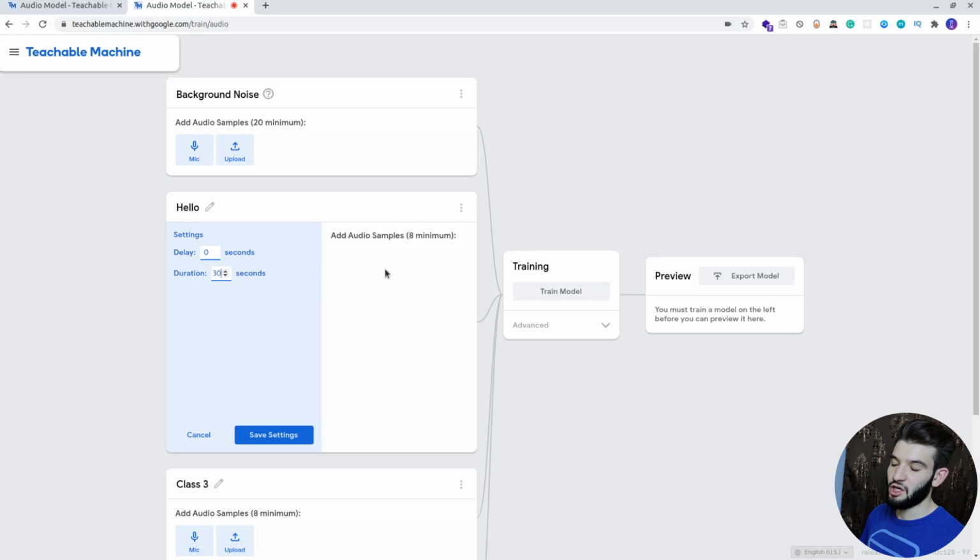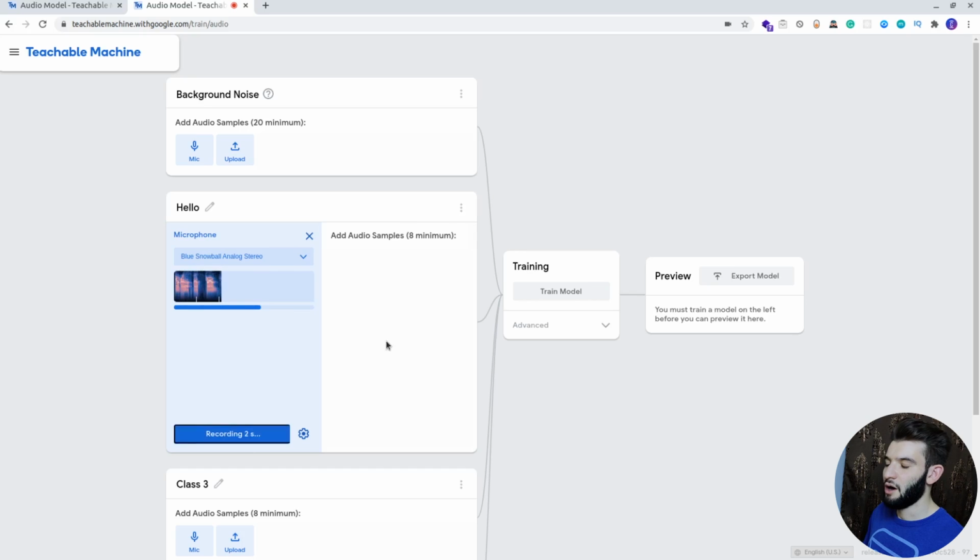So you can choose. I chose 30 seconds for all the models I've trained to get more accurate predictions, but you can choose as many as you want. Let's choose just demo settings. I'm going to use 10 seconds, start recording, and you can say hello, hi, hi, hey, hello, hi,